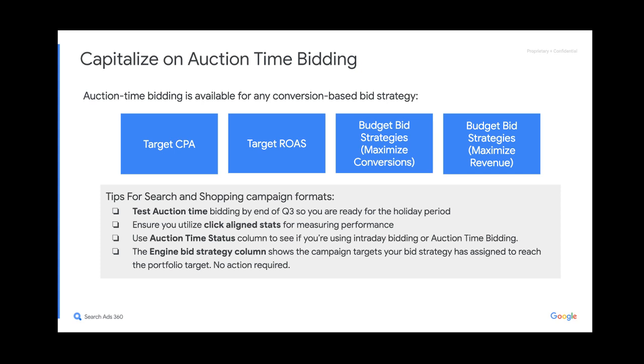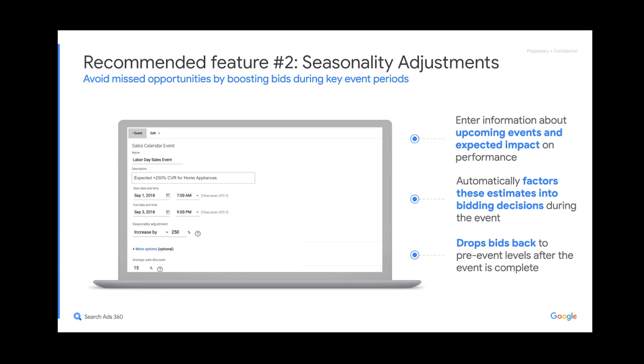Now moving on to the next feature that we have: seasonality adjustments. Tanya talked a little bit about seasonality adjustments a little bit before. So seasonality adjustments is a super interesting feature when you are expecting a huge increase on your conversion rates. So for example, if you have a promotion on Black Friday or Christmas and you are expecting your conversion rate to be above 30%, and if this promo is between 6 hours and 14 days, we recommend you to apply